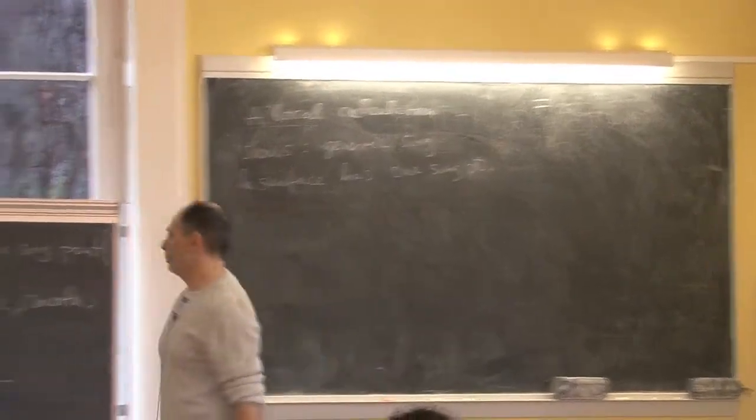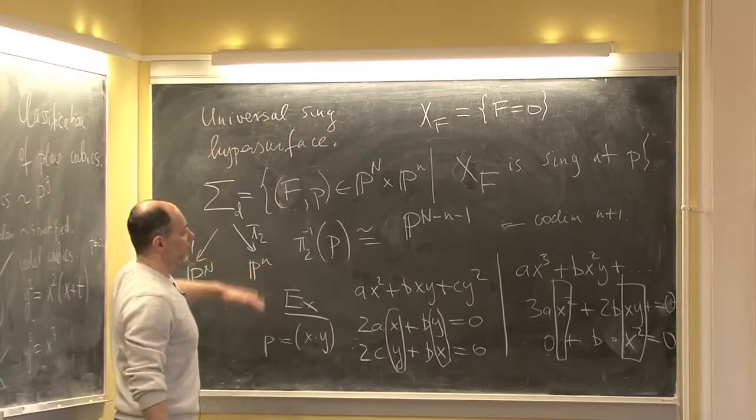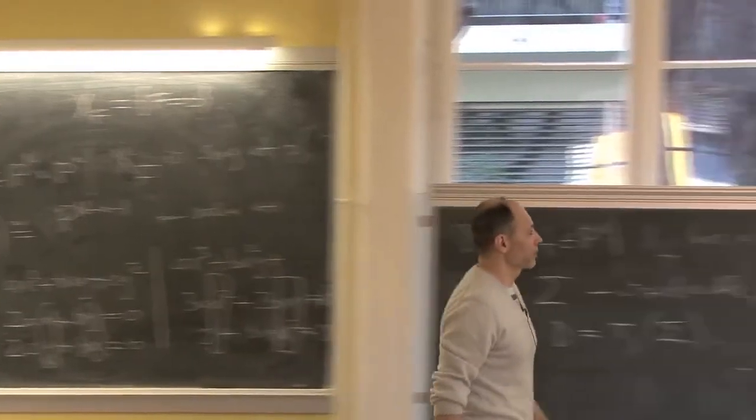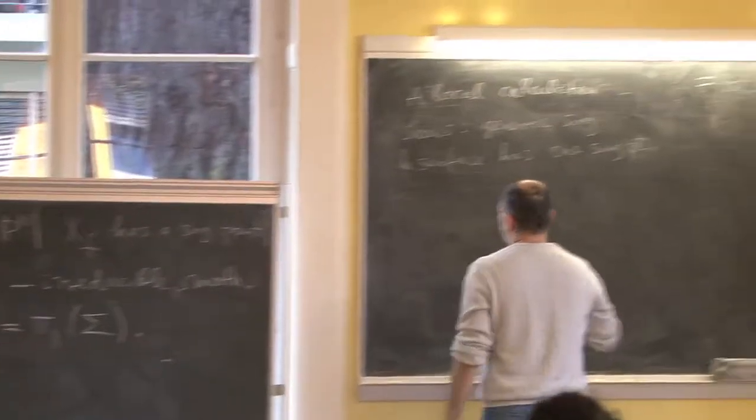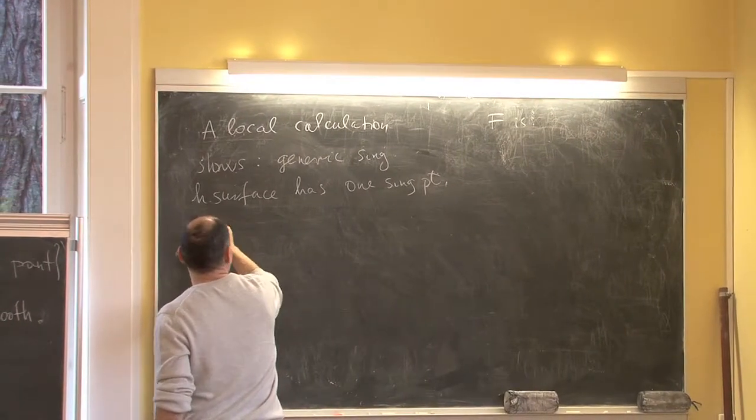And so this implies then that generically this map is one-to-one, so it's called birational. So that means the generic fiber,